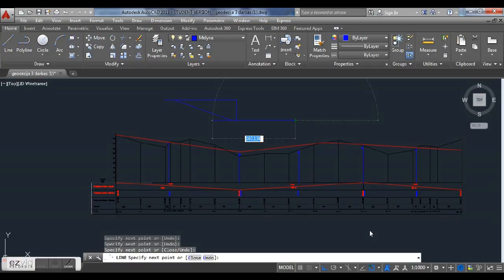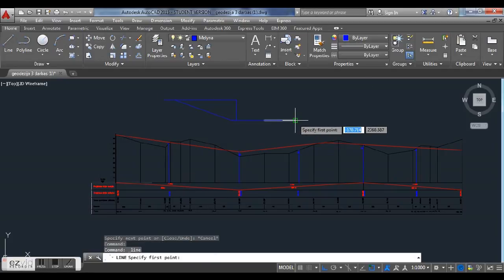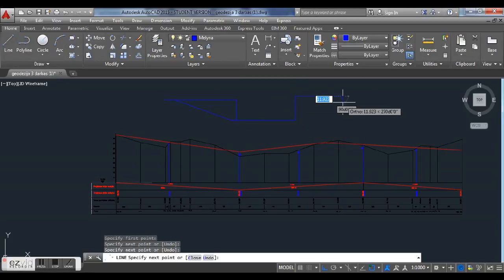Import into mapping program AutoCAD. Using commands we can create a detailed map. Using the command line we can draw a line like this. We can draw a lot of lines, which in the end result looks like a map.